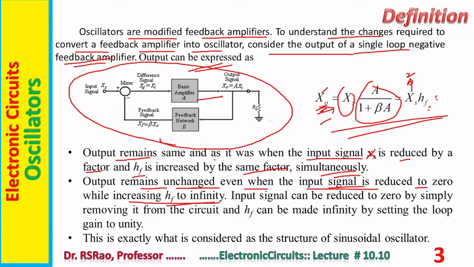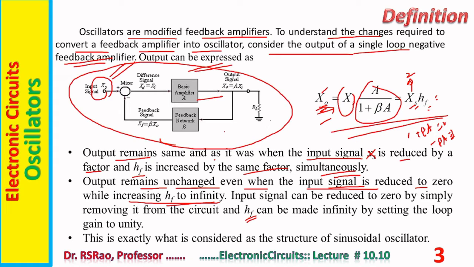Input signal Xs reduced to 0 means removing the signal source from the amplifier circuit, and HF rising to infinity means setting 1 plus beta A equal to 0, or setting minus beta A equal to 1. Therefore, the observation is a single loop negative feedback system amplifier